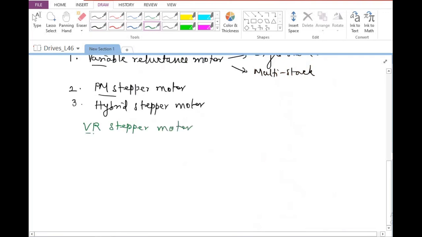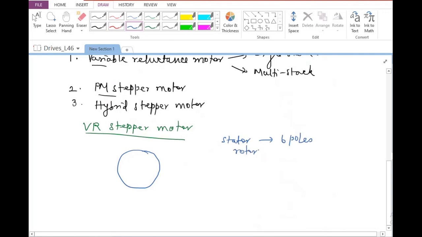In the VR stepper motor, especially in the single stack case, what we are going to have is a stator somewhat like this. So let us say this is the stator, and let us say the stator has 6 poles and